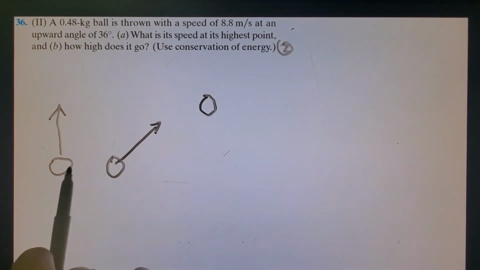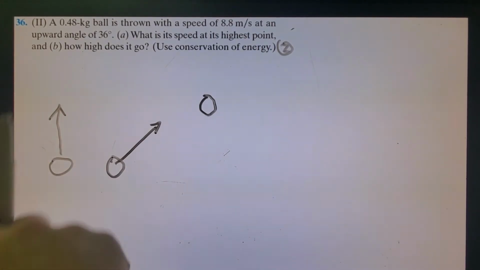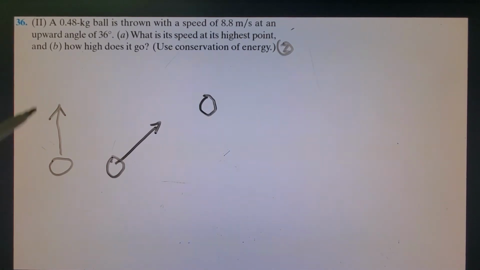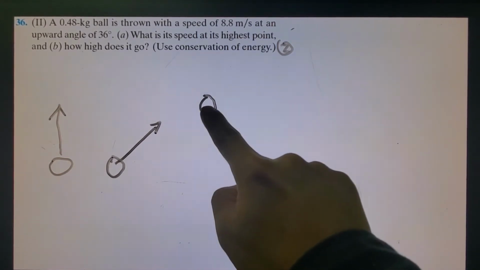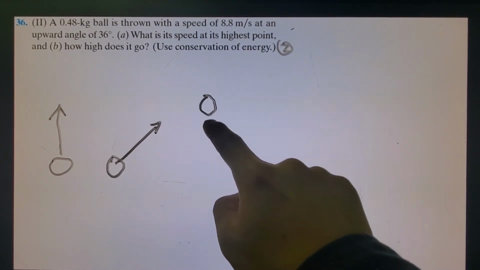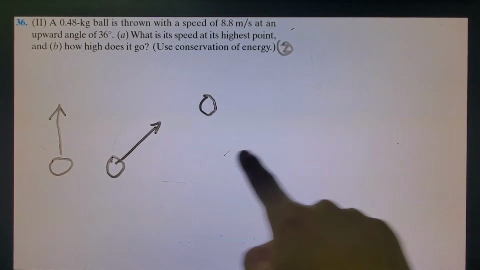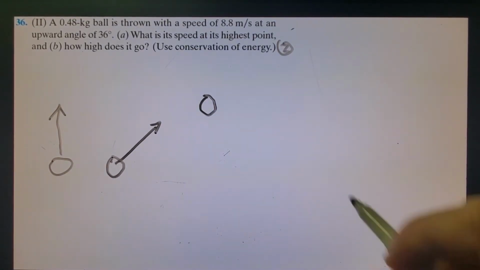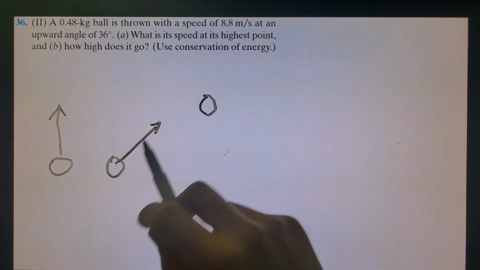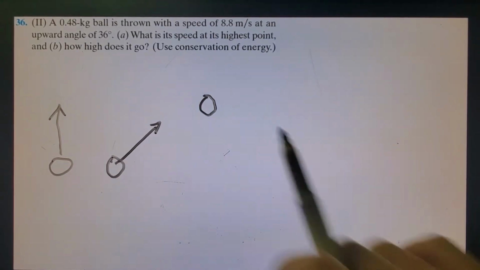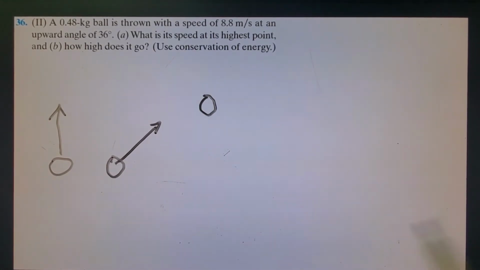Let me repeat what I just said. If we throw the ball up vertically, at the highest point the kinetic energy will be 0 and it will be coming down. If we throw the ball at an angle, at the highest point it will not be stopping there. It would still be moving in the x direction. So we will be using conservation of energy and try to find out what the kinetic energy is in both cases, and what the potential energy is, and how we can relate them and solve